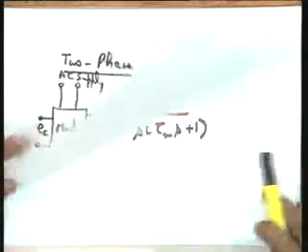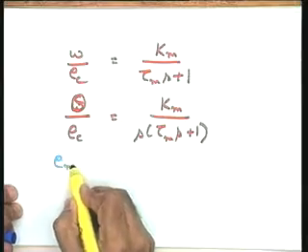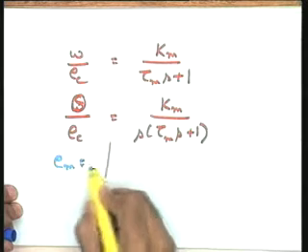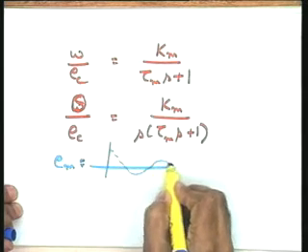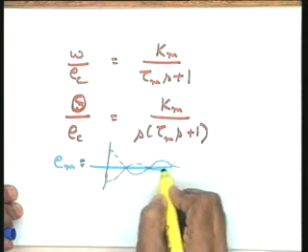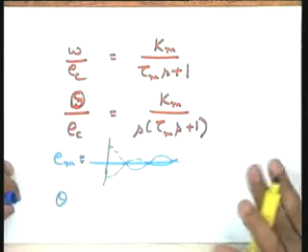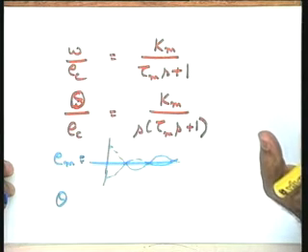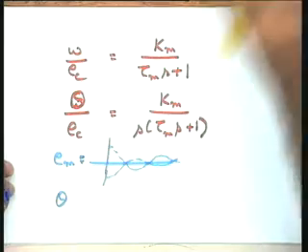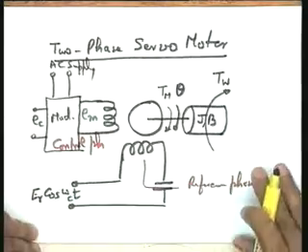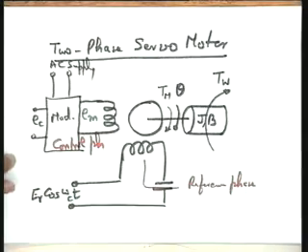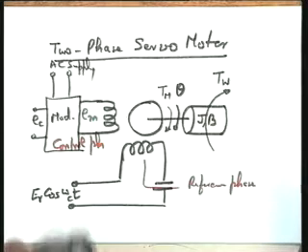So now the input output pair of the system could be taken this way. What is the input? Input is equal to Em, which is of this nature, and what is the output? Output is theta, the position. Yes please. So why are we defining Em versus theta? Why not theta by EC, as we were doing? This is what I was going to say. I thought in that particular case I could have delayed this discussion, but okay, let me re-emphasize this point.